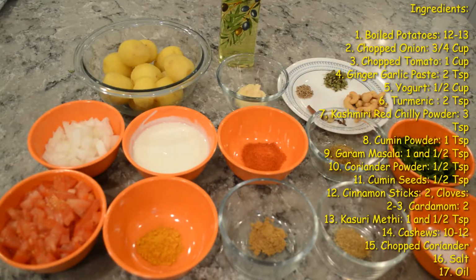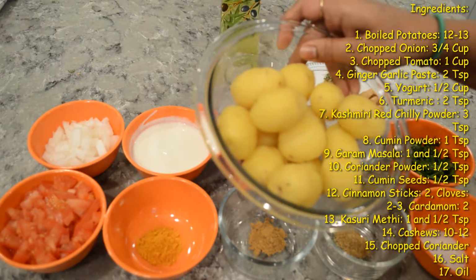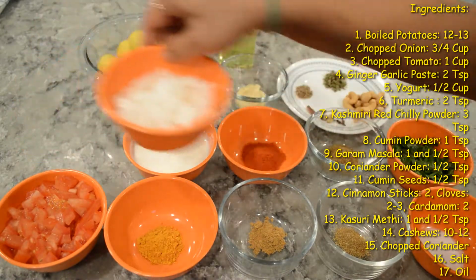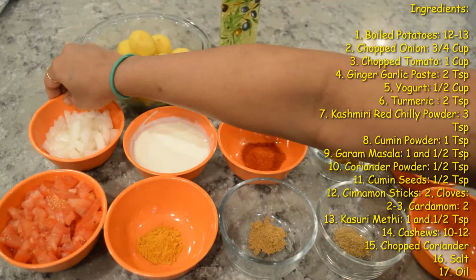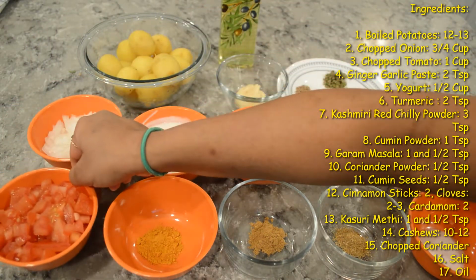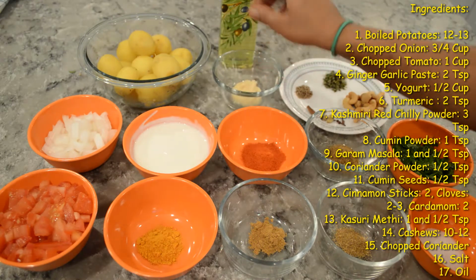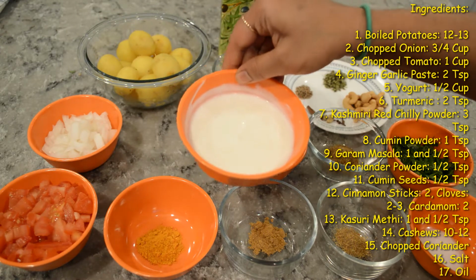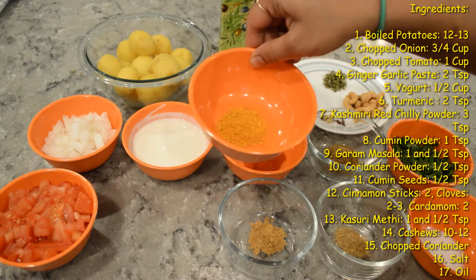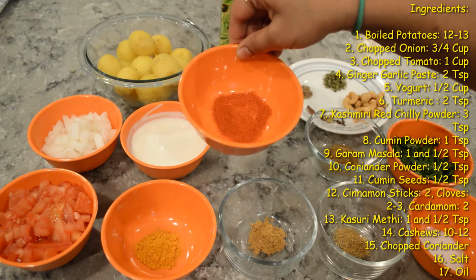These are the ingredients for making dum aloo. Here we are taking some boiled peeled potatoes. I have taken around 12 to 13 potatoes and 3/4 cup of chopped onion, 1 cup of chopped tomato, 2 teaspoon of ginger garlic paste, half cup of yogurt that I have whisked, 2 teaspoon of turmeric powder, 3 teaspoon of Kashmiri red chili powder,